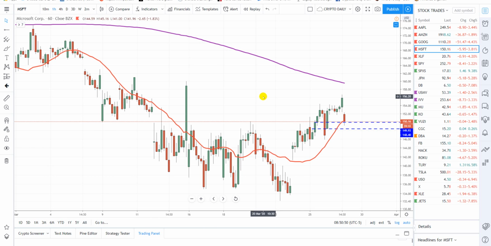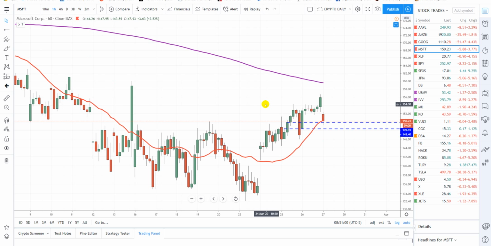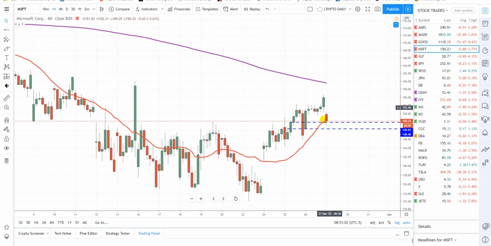Okay, guys, here we go. Friday, March 27th, 2020. Looking at the hourly chart. Each candle here is 1 hour price action on Microsoft. And what we're doing is trying to pick up a real short, long position. In other words, looking for the price to bounce to the upside off an oversold